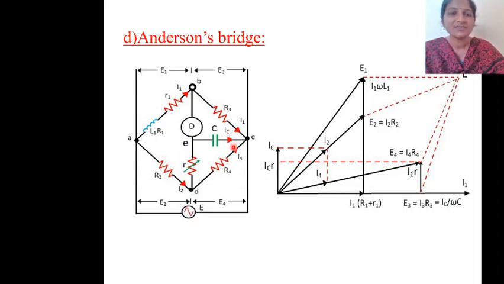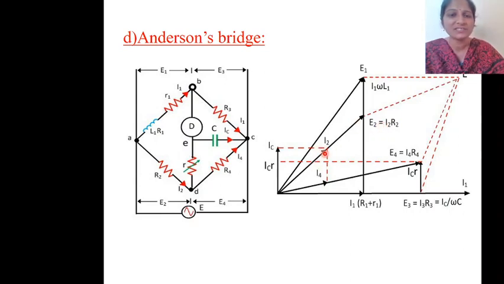And next E2 is nothing but I2 into R2. So this E2 will be in this direction. It will be less than the magnitude of E1 here. You need to remember, this is because of the extra node added here. So E2 is equal to I2 R2. So as I2 is a resistive term, the I2 will be in the same direction.